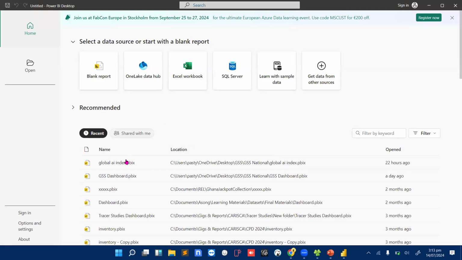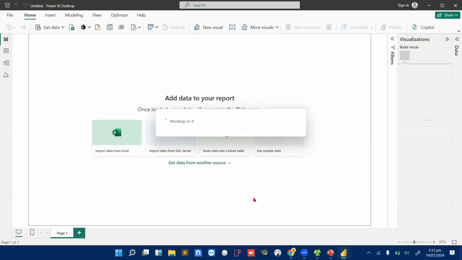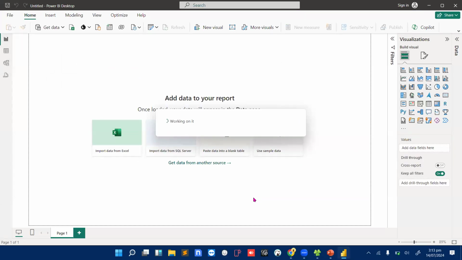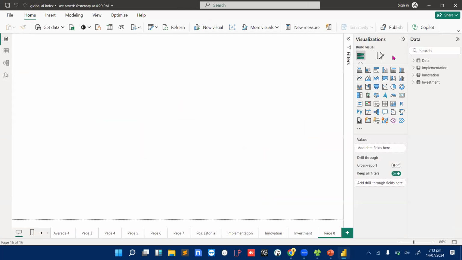Okay, and let me show you this. Now I have to analyze the data. It got to a point and I was confused on which kind of visual I should employ. Okay, and this is one of the challenges you are going to face when it comes to data visualization. Let's finish loading.